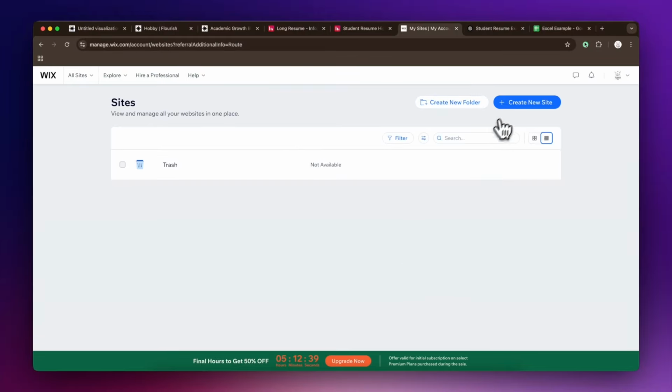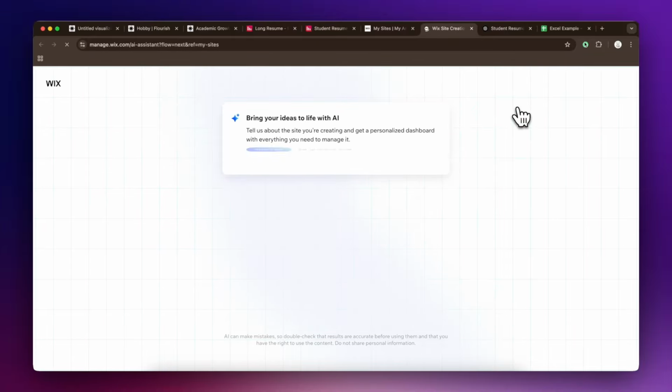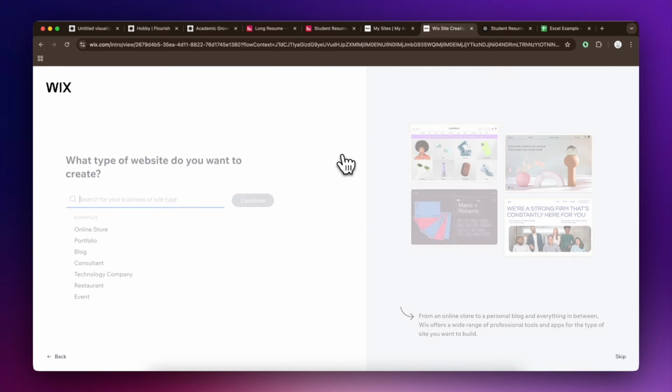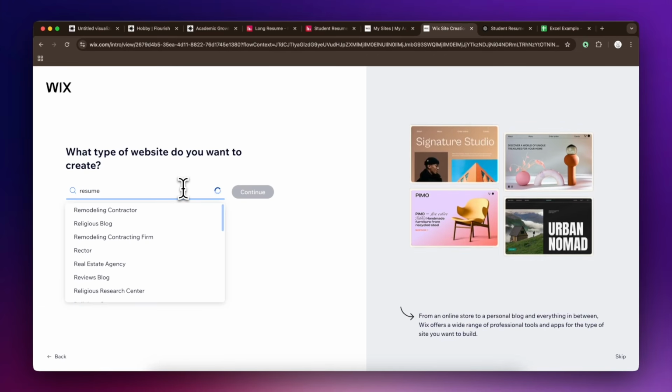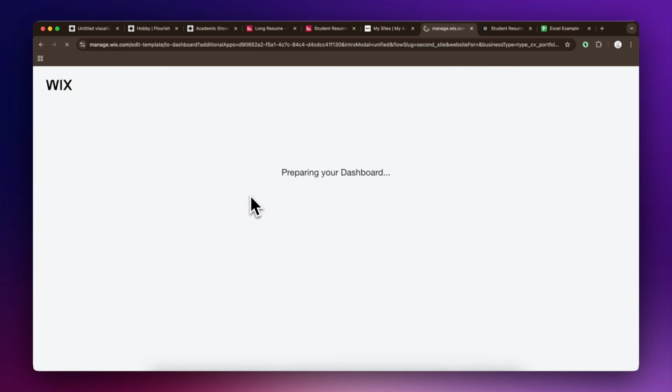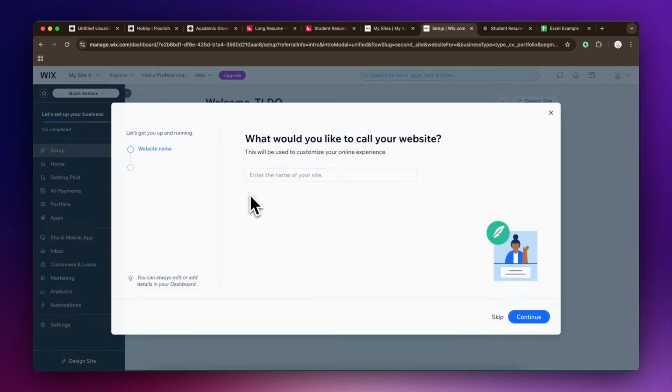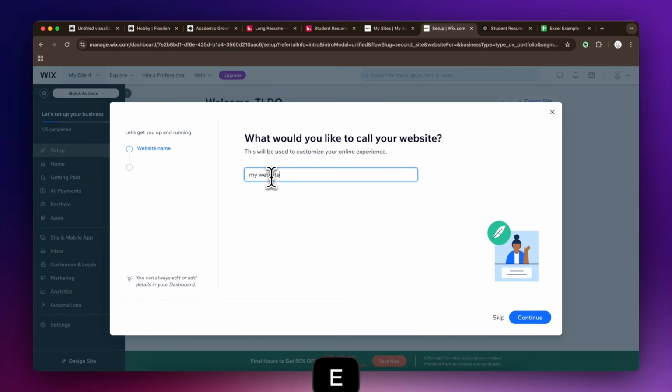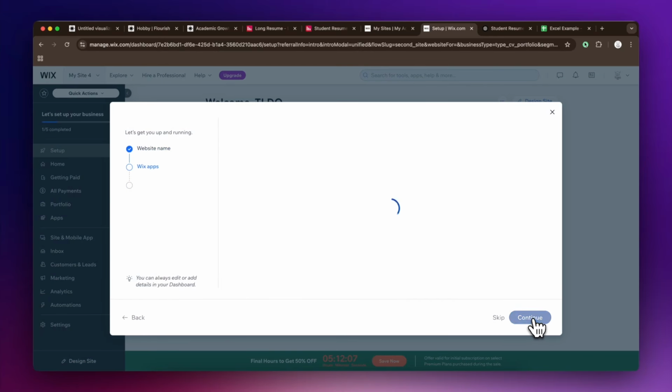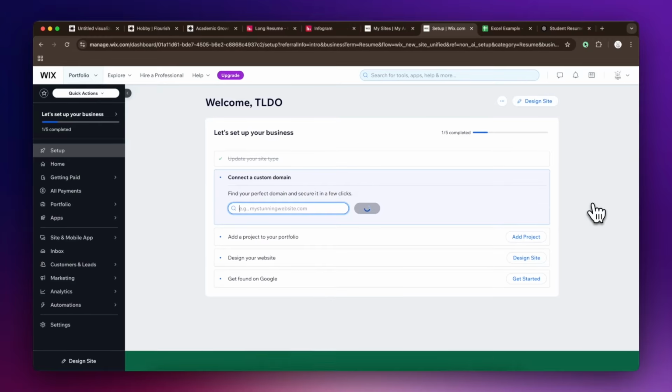Once you're logged in, select Create a New Site. Wix offers AI-powered site creation, but after testing it a few times, I found that setting up without AI is more consistent and time-saving. AI-generated content takes a while and isn't always effective, while the existing template library is already great. Give your website a name, choose the apps you'd like to add, and you're all set for the backend.